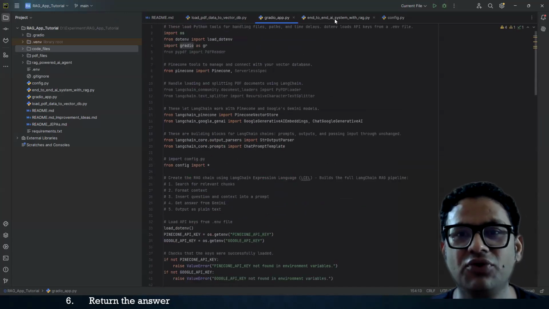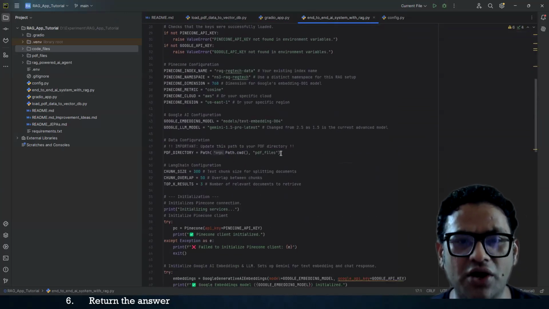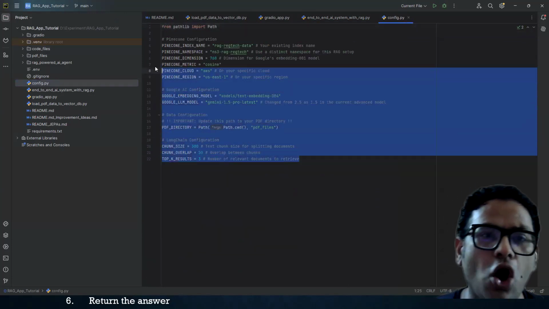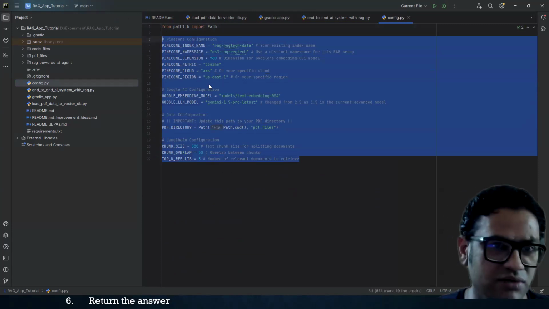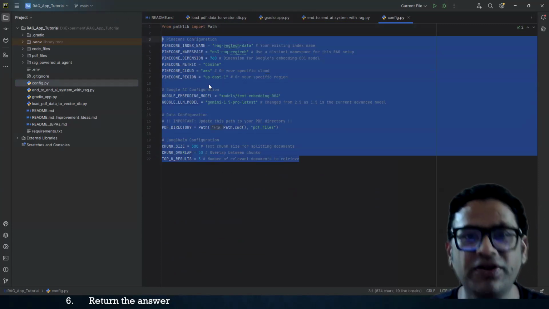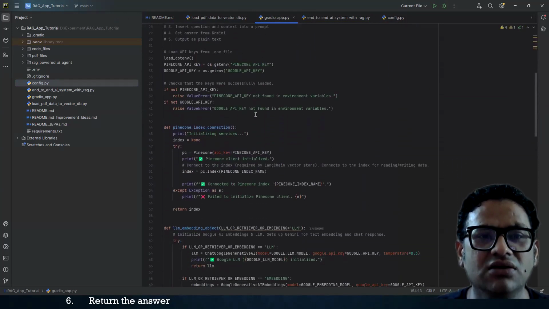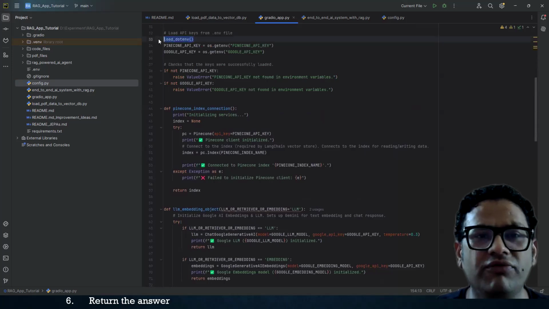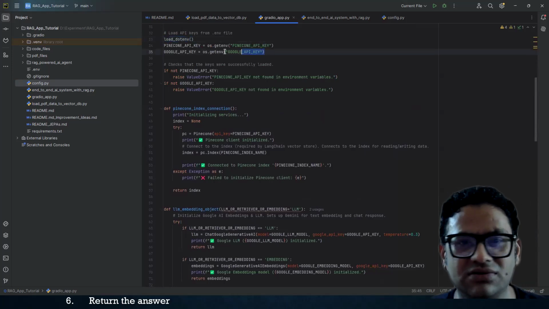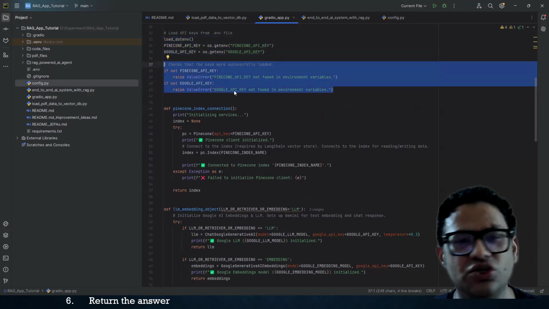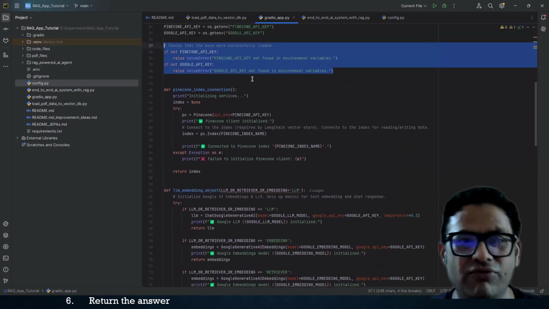The very first thing, if you remember, is that we have a lot of hard-coded configuration values over here. So I have created this config.py and put all the hard-coded values there. We are calling this the configuration for our system, right? The next thing I have done is load the environment file, which is pretty much the same. And then we are extracting those API keys and ensuring that the API key is there for Pinecone